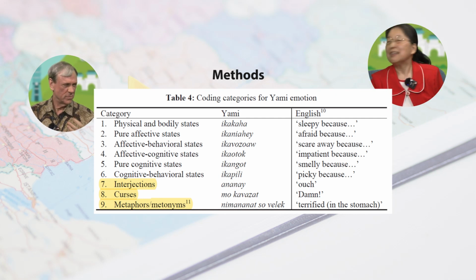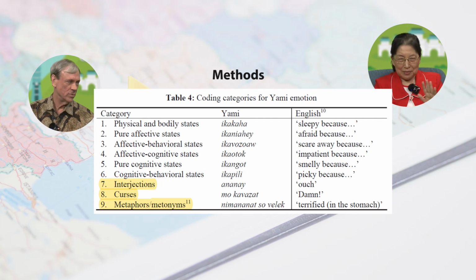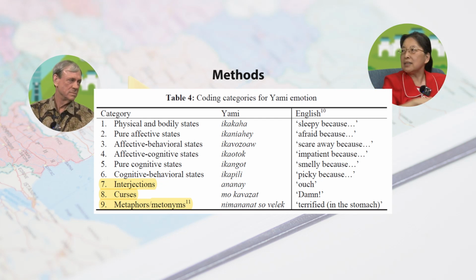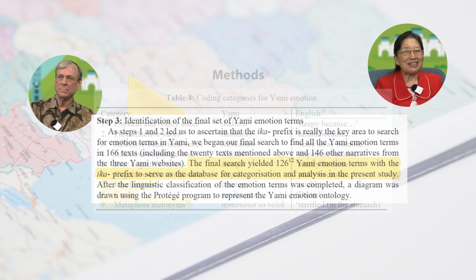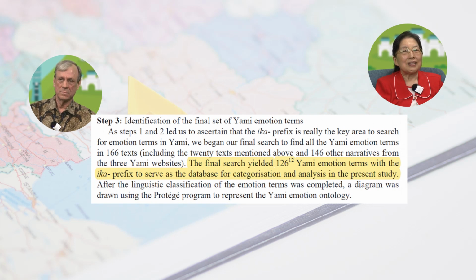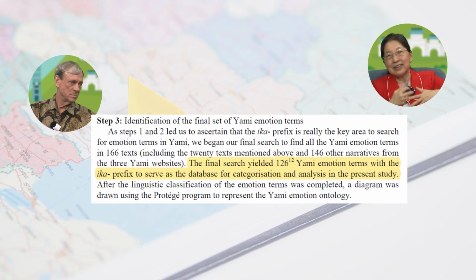Butterfly. A knot or butterfly. Yes, they're different metaphors. Right. So I excluded all these interjections, curses, and metaphors, but only those 9 categories I just mentioned related to feeling, mind, and body. Okay. Very good. And finally, after we did our analysis, of course, I invited Professor Yang to join me